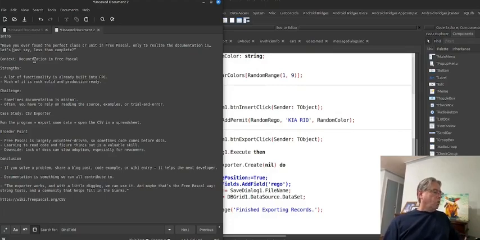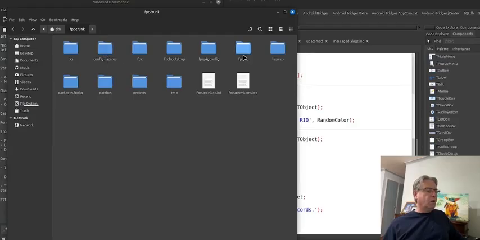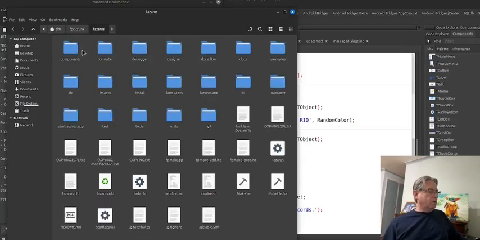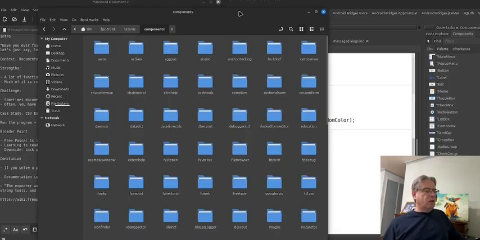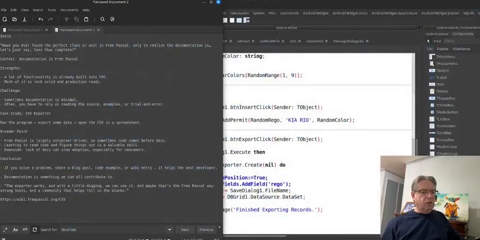So what I would like to point out first of all though is that there is a lot of functionality that is built into Free Pascal, and I could easily show you this by going into the components folder underneath Lazarus, and you can see just how many there are, and that's without installing anything. If you go into the online package manager as another place, you can get lots of things you can access online as well. So while there is a lot of functionality that comes with Free Pascal and ready for production use,